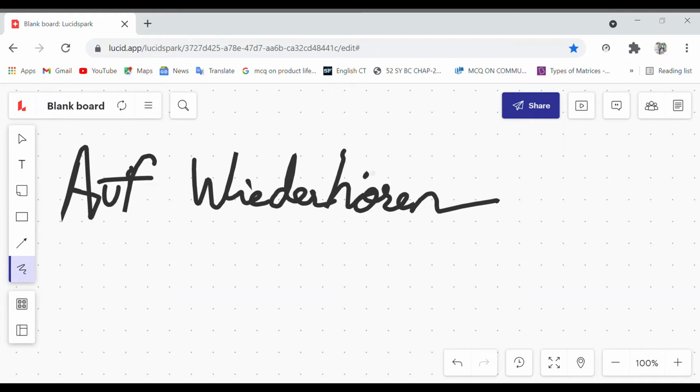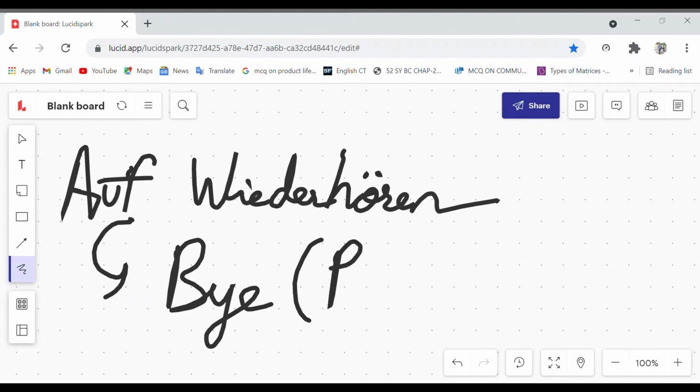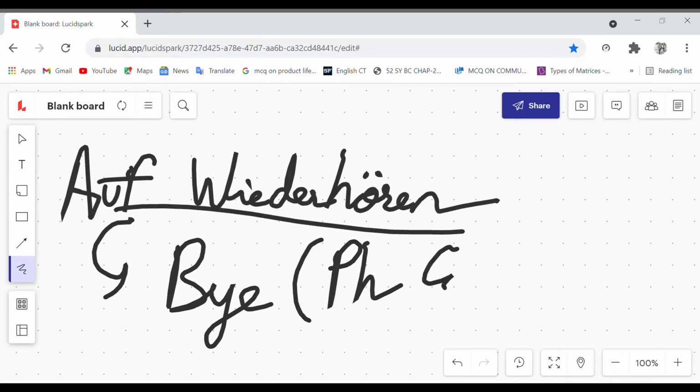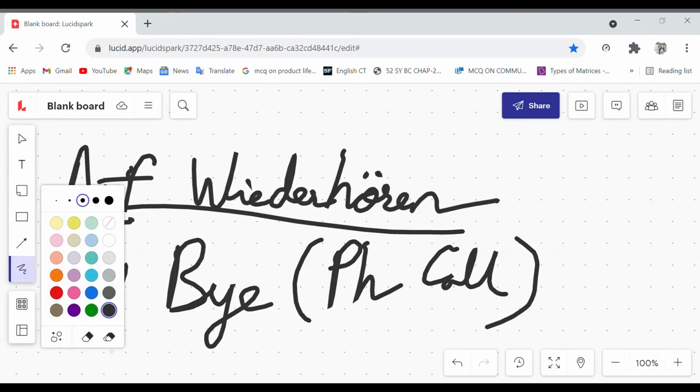Two dots over here. So when we are on a phone call and we want to say bye, then the word is Auf Wiederhören, to tell someone bye on a phone call. Done?